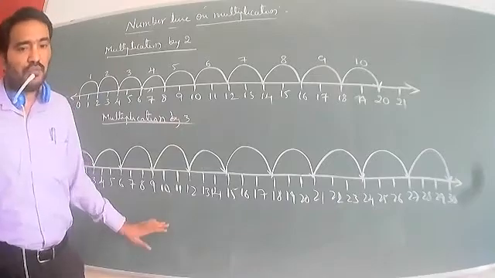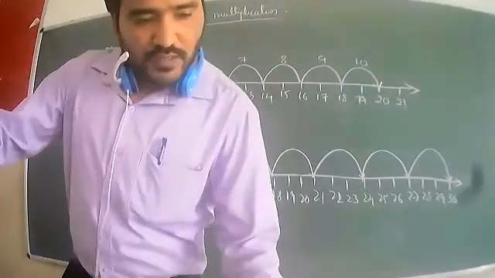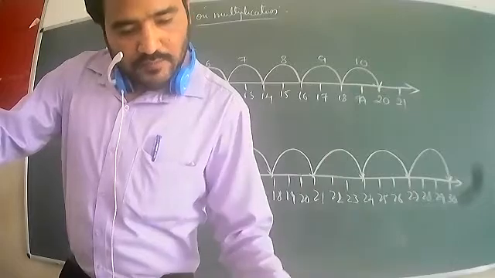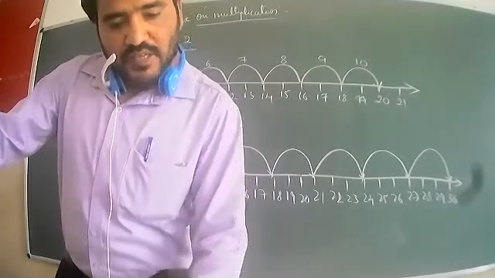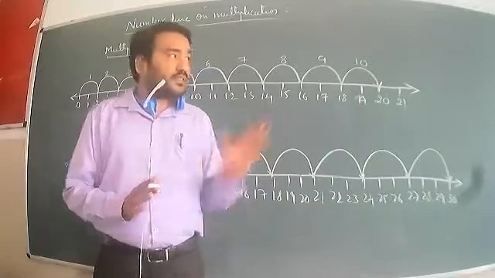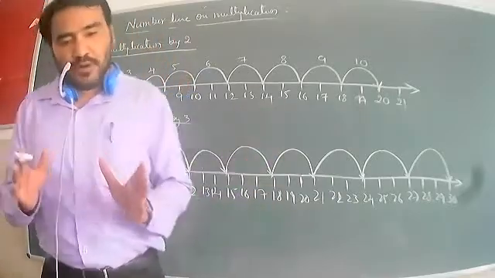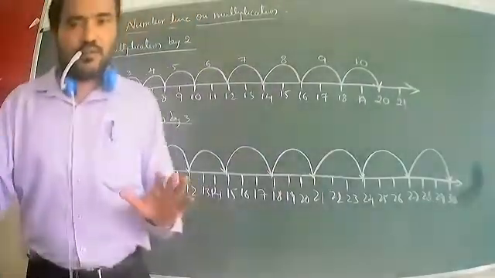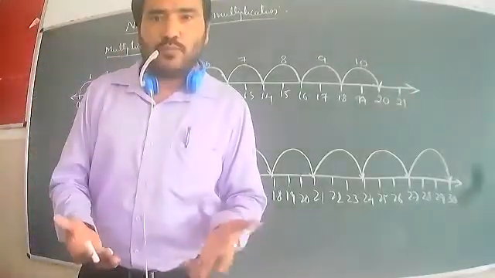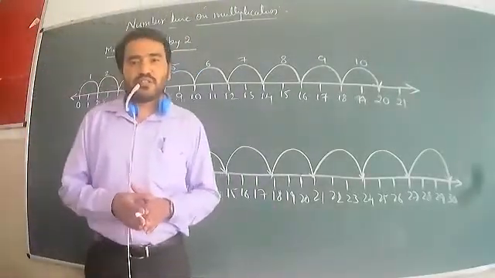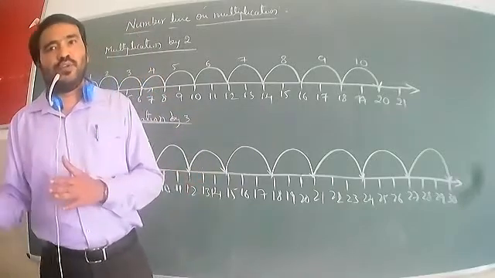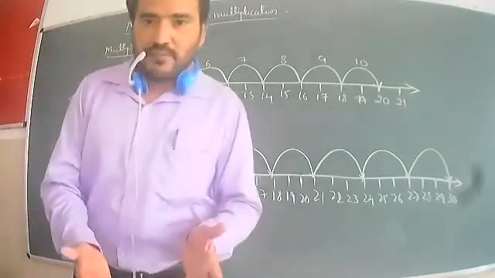So you understood the concept. Now I will go for how to find out the numbers. We have to keep all of these in mind. These are the points, very very important. Now I will go for another concept: how to find the product. Product means the multiplication answer. You have to learn the tables from 2 to 10. It will be very very easy.